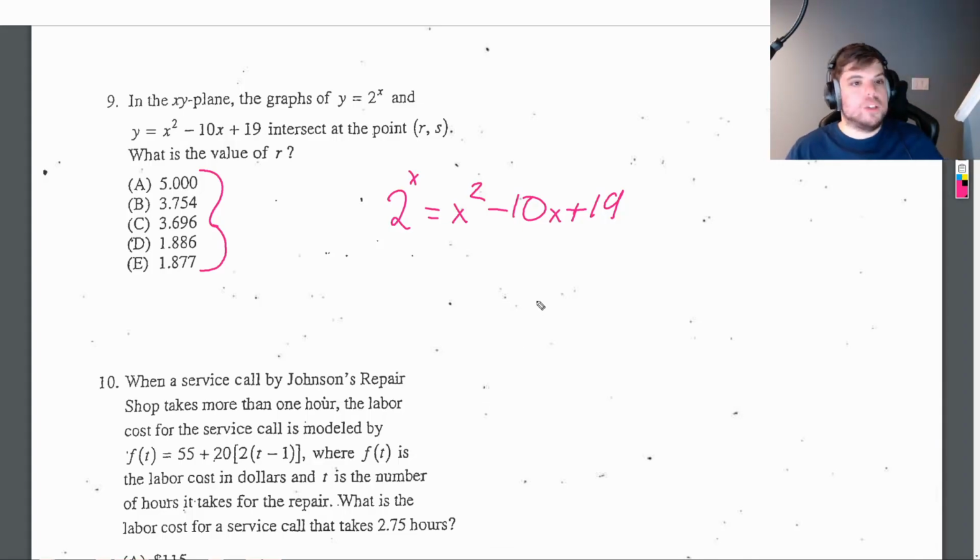Yeah, I'll not do it the graphing calculator way. So let's start with, well, 2 to the 5th is 32. 5 squared minus 50 is negative 25. So that's negative, so it's not 5. So we'll try, I don't know, 1.886. So we do 2 to the 1.886th power